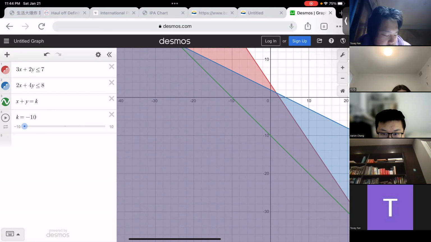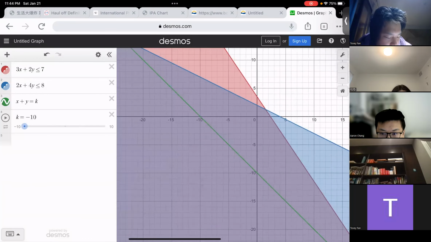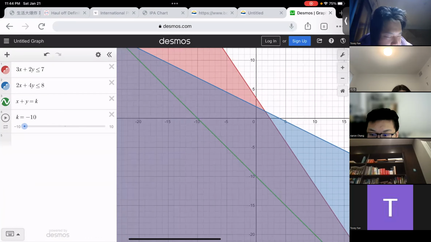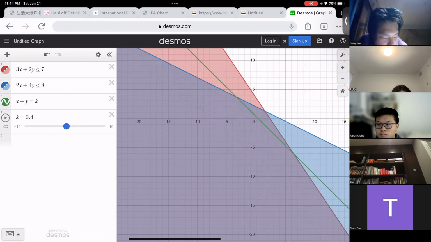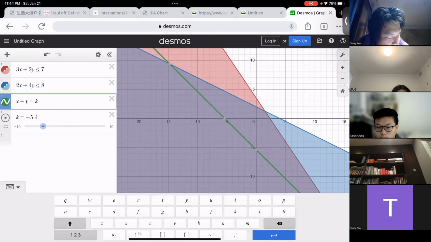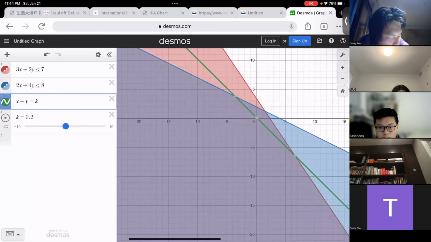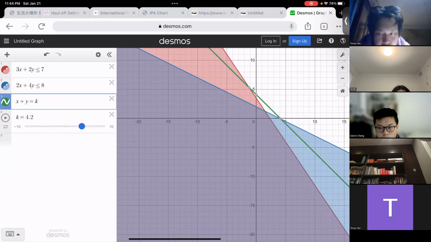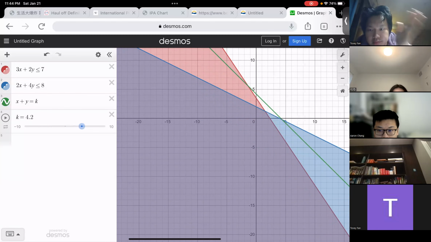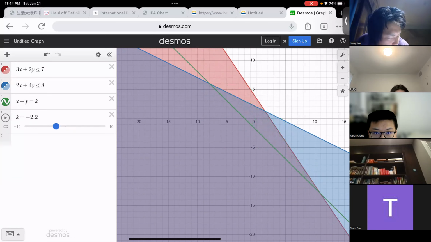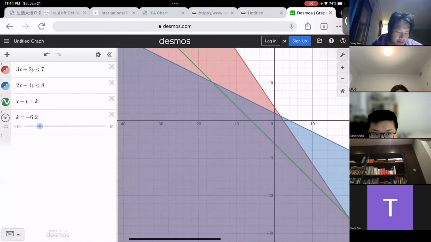Okay, so to know if the maximum or the minimum exists at all, you can either construct this kind of graph, and graph x plus y equals k, or any x plus any y equals k. You can just try k equals 0, then 1, 2, 3, and see how it moves. But it takes a long time, right? So I think the easiest way to do this kind of question is just to try some extreme values. For example, here,